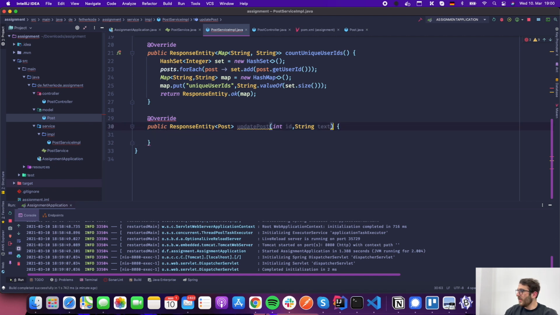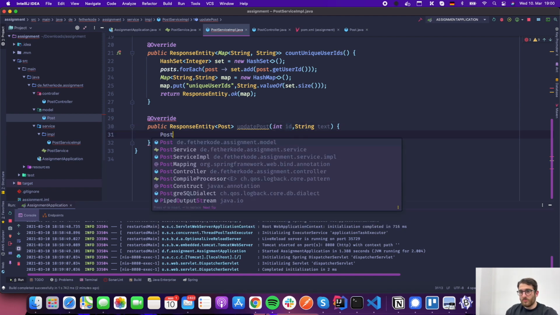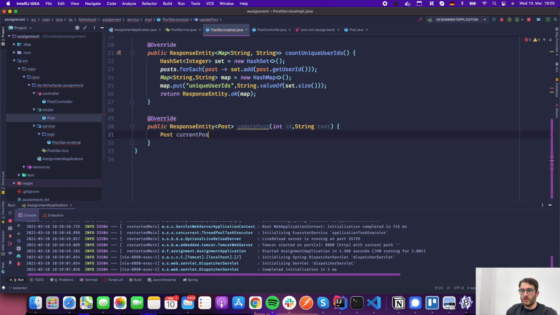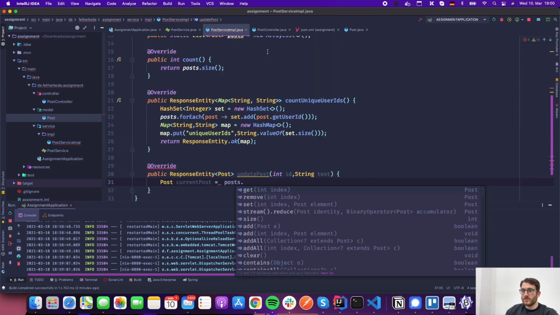I think I need the post as well. Yeah, so in order to find the post, we'll need to go through the whole list and find the post with this ID. Okay, so post, and let's say current post will be equal to our posts array up here,